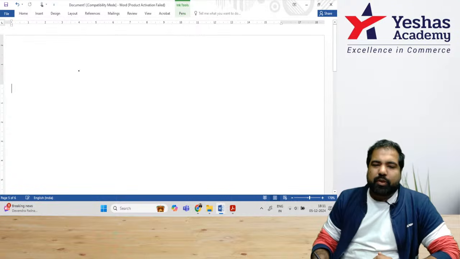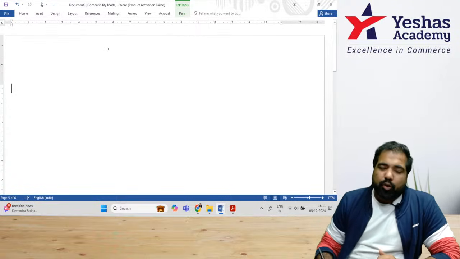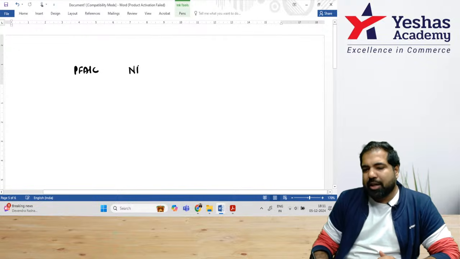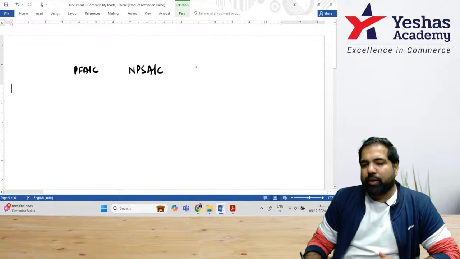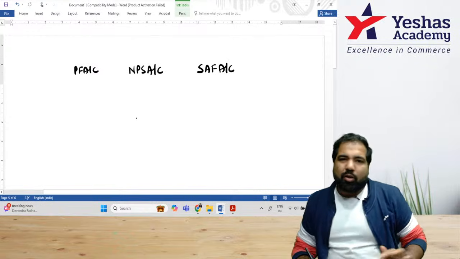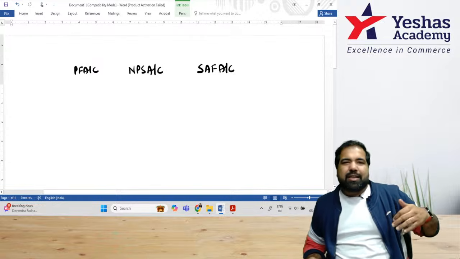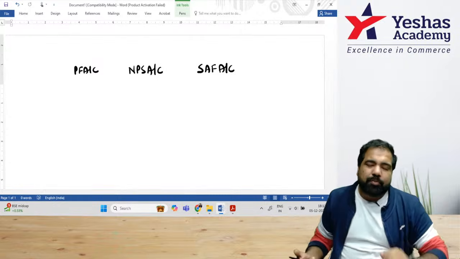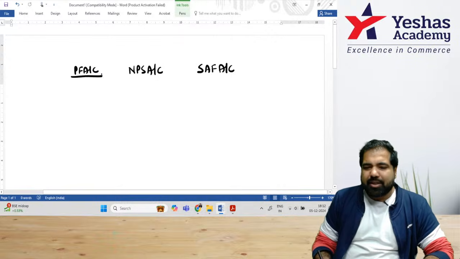If you remember, there are three accounts that can be opened for your benefit. One of them is Provident Fund account. One of them is National Pension Scheme account, and one of them is called Superannuation Fund account. Guys, these three accounts are generally not opened for one person. It's like Airtel, Jio, and Vodafone. Would you have all the three SIMs? No, you don't. So you might have one, but let's say you have all these three accounts opened